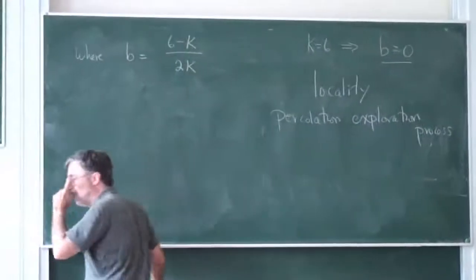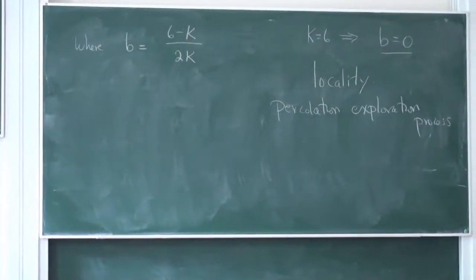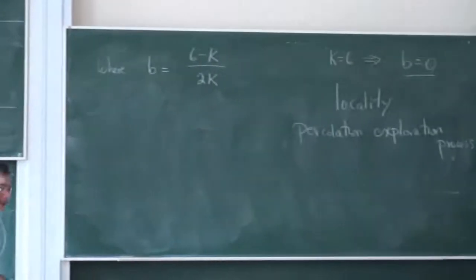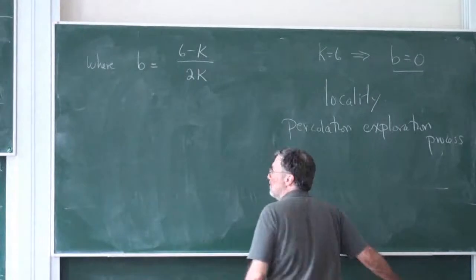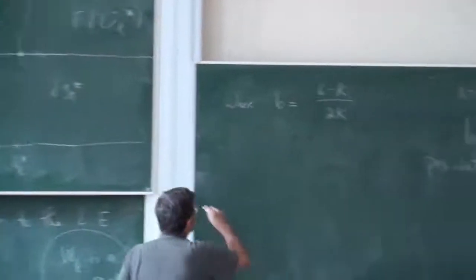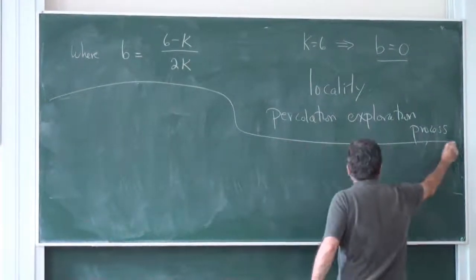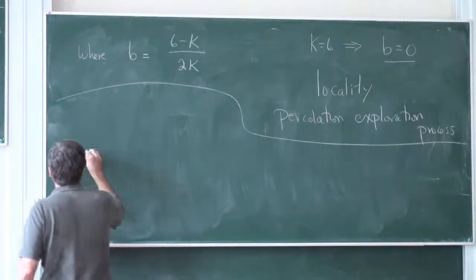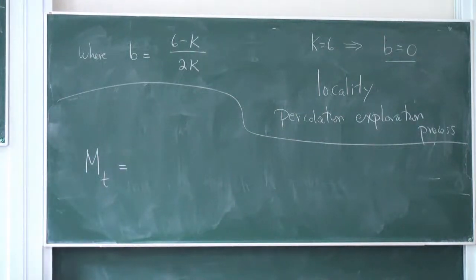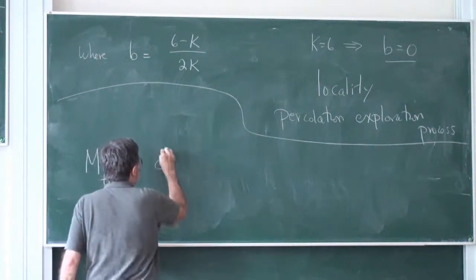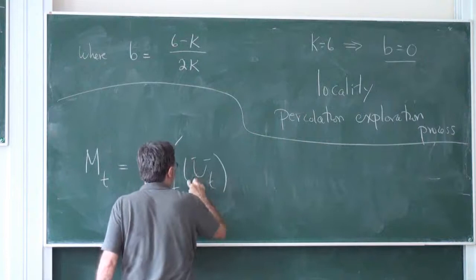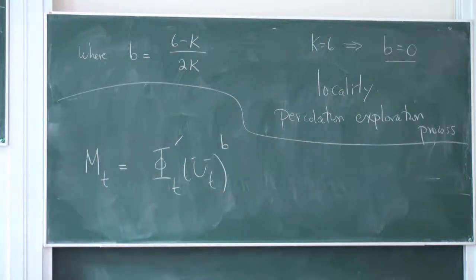Okay, now I want to continue this picture. I have these things. Now I'm going to define another quantity. I think everything is there. Let me define m sub t to be equal to phi t prime of u t raised to the b,